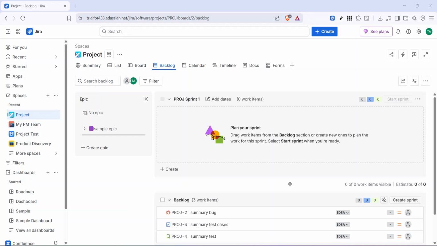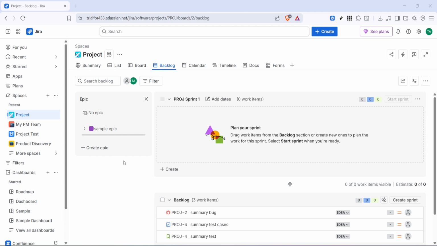In today's video, I'm going to teach you how to create and use epics in Jira. Epics are a great way to organize larger pieces of work in Jira. Instead of tracking a big initiative as a single task, you can create an epic and then use it to group related issues underneath it. This makes planning, reporting, and managing progress much easier, especially when a project includes multiple tasks that all support the